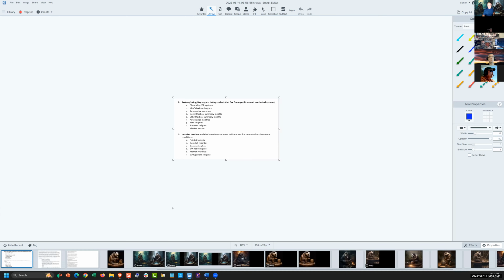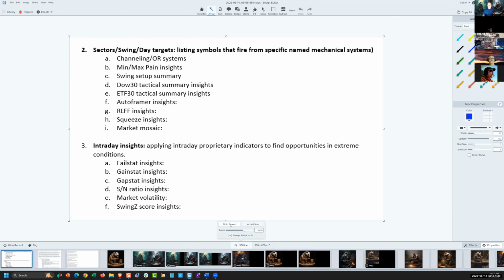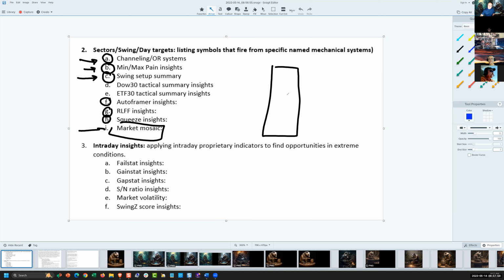And then specifically, I'm looking at each of the individual parts of the report, where I'm looking at the mechanical signals first. And then I'm looking at min pain and max pain and swing set. So I'm looking for mechanical signals, and this is like the auto framer and the regression line, the squeezes, and I put all that into something like a market mosaic to see which of the symbols in my normal population of trading, of which there are about 60, which ones are doing abnormally badly,